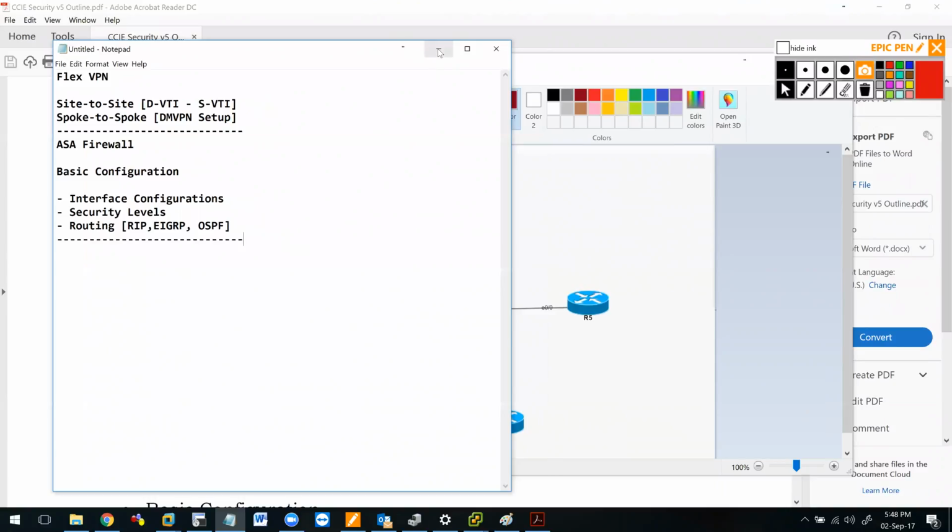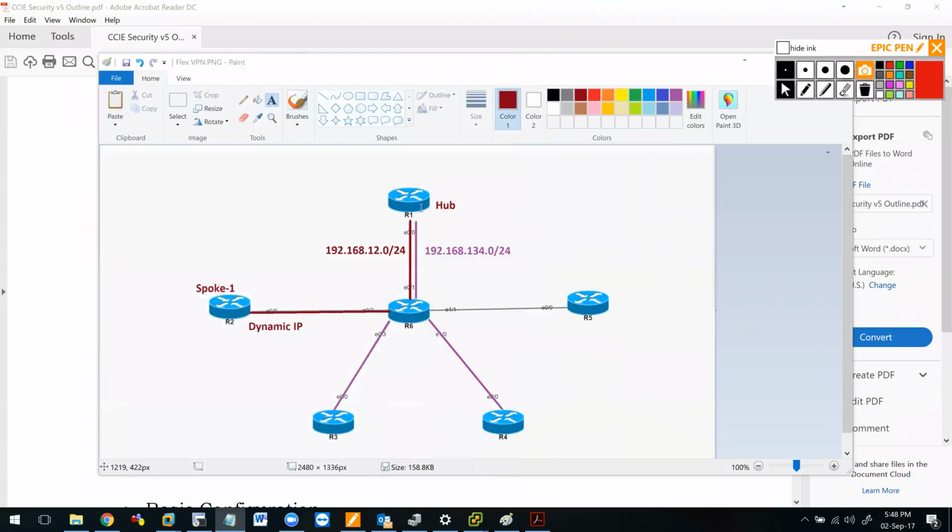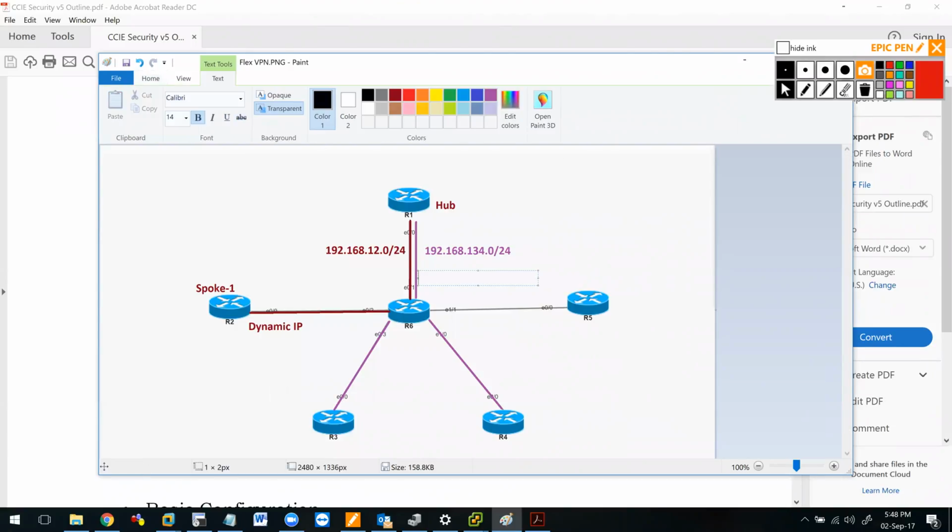Okay, so with that in mind, let's go get started. The hub to R2. I want to do a normal site-to-site VPN. I'm going to start with R2. The IP addresses, the public IP addresses that I have on these networks. These are my tunnel IPs that I showed you. At the same time, I have public IPs over here as well. Public IPs on these networks are